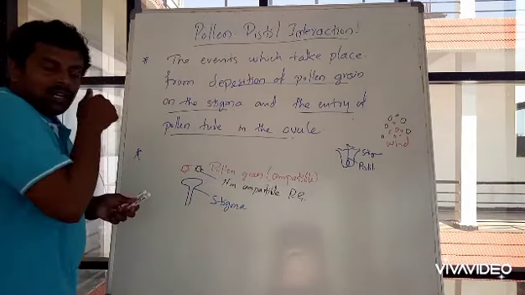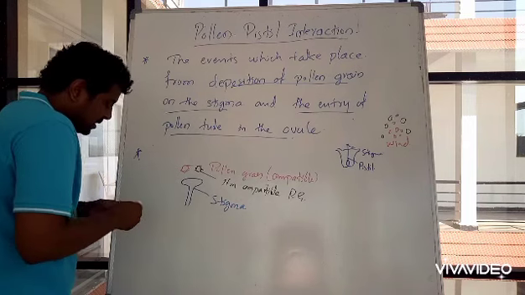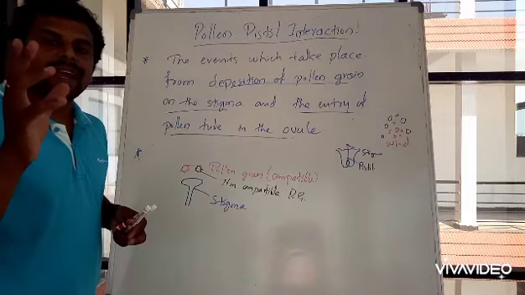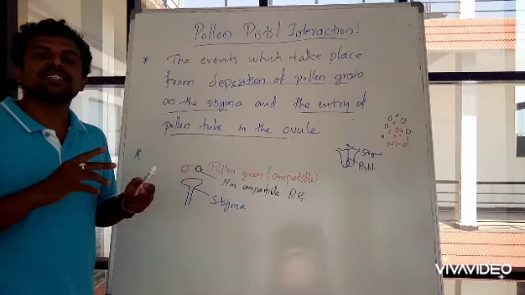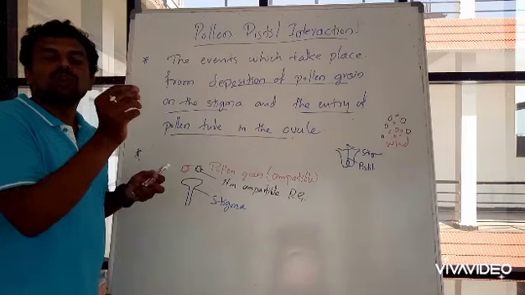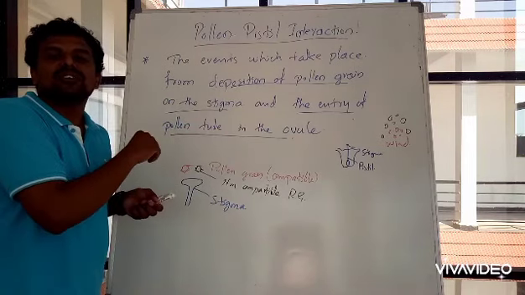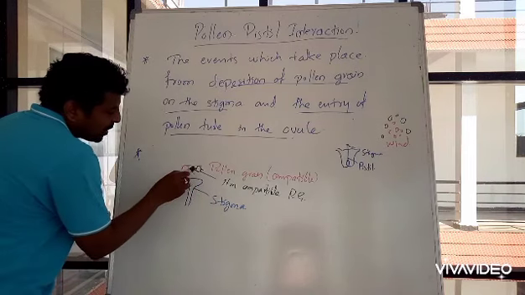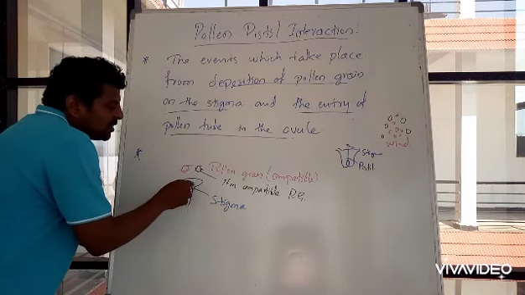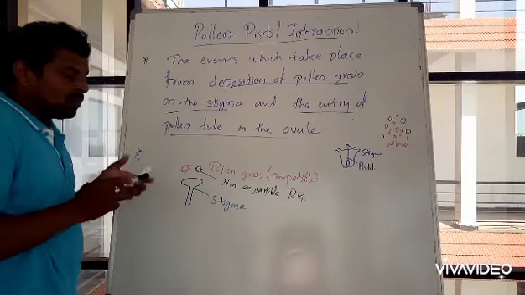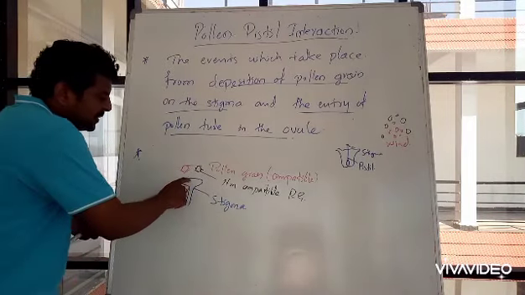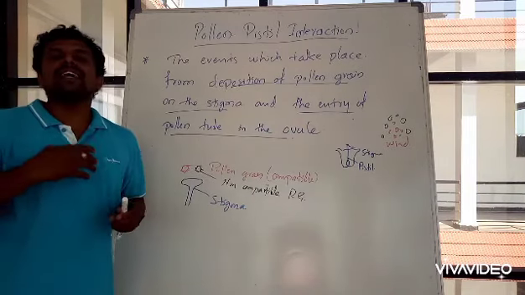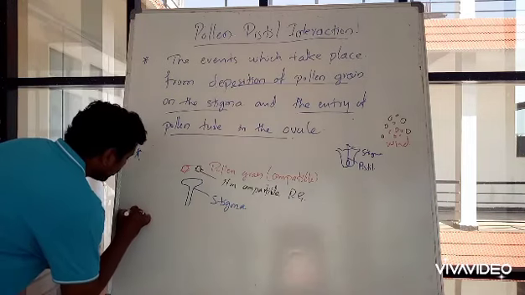So here the flower has a mechanism inside it which recognizes its own pollen grain, or the pollen grain which has to germinate on the stigma. Say there are two types of pollen grains which are coming in contact with the stigma portion, right? So here this stigma and this pollen grain interact, or they communicate.